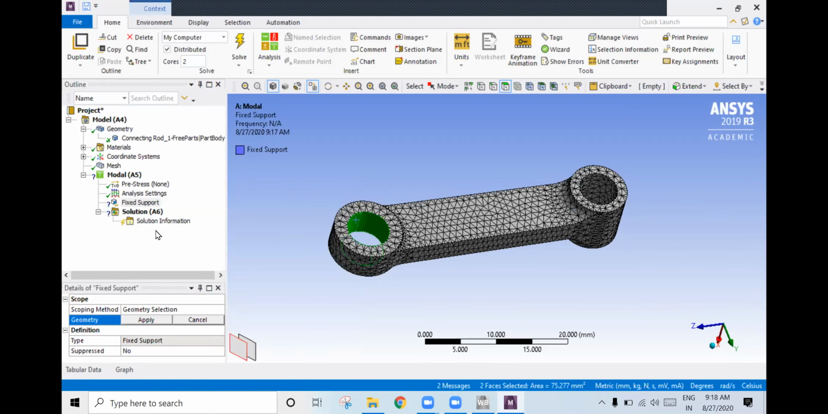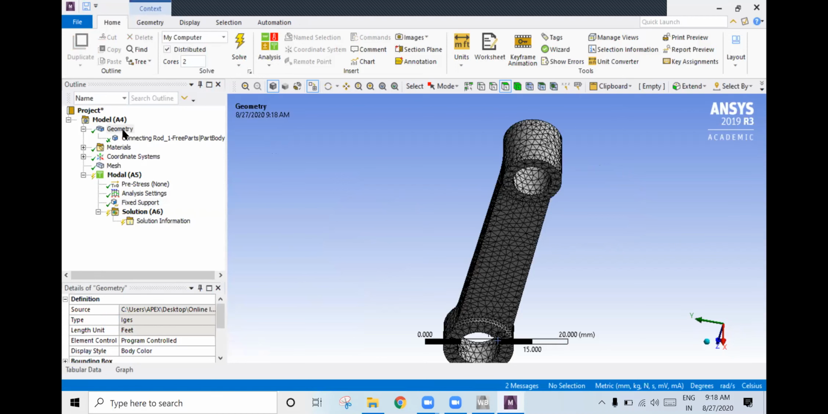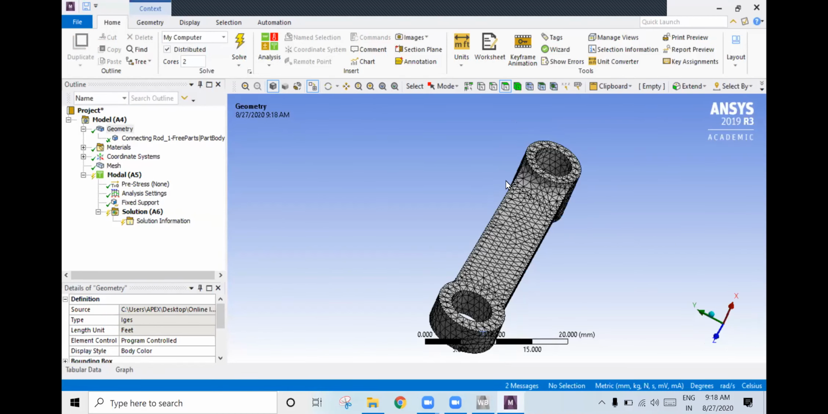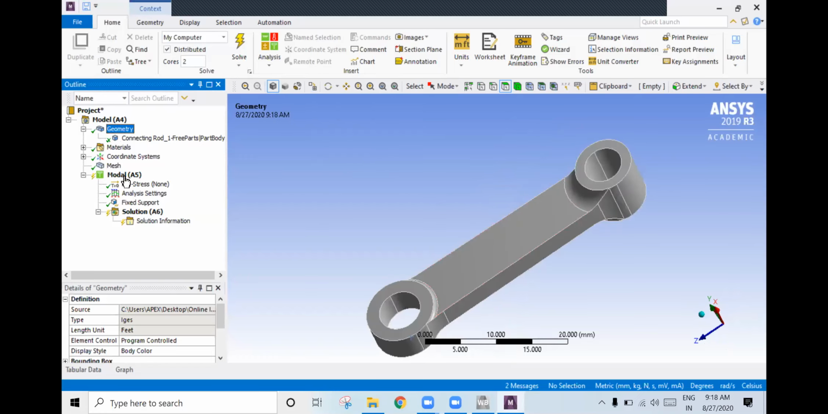Okay, and apply. So here we have fixed it. If you go to geometry, even though you select geometry, it is showing in meshing mode, right? So how to check in geometrical mode? Here you need to switch this off. If you switch this off, you will get it. So if you go to model, see here,